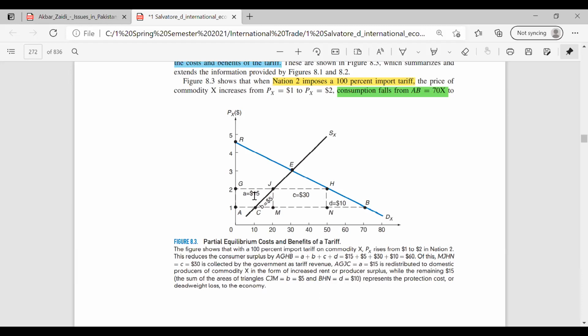Now we can divide this decrease in consumer surplus into 4 parts. One is A, which, if we calculate it, is equal to $15. Plus this triangle, represented by B, which is equal to $5. And again, the area M and Hj, which is these 30 units multiplied by the increased tax, is equal to $30. And again, the area represented by D is equal to $10.